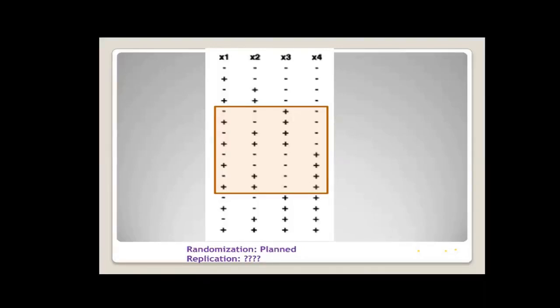So first I will do the randomization, which means I will not follow a proper sequence. And the second one is replication. Right now I will perform only 32 experiments, only once, which means there is no replication or repetition. What is the meaning of replication? Repetition, in simple language: how many times I will repeat the experiment.